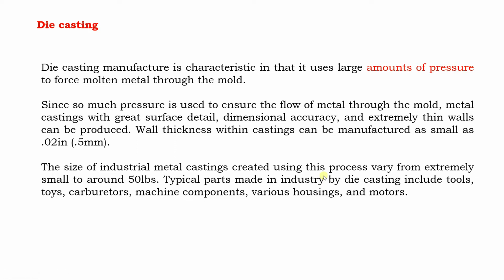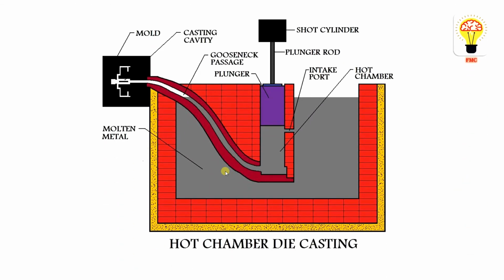Let us go to the next one. Die casting is widely used in most industries because automation is possible in die casting. If automation is possible, then output is also very high, and dimensional accuracy is good, and products with extremely thin sections can be manufactured. So this is very famous, but another disadvantage is material handling limits, as the hot chamber and cold chamber castings have material handling limitations. Right, so the first one is the hot chamber die casting.